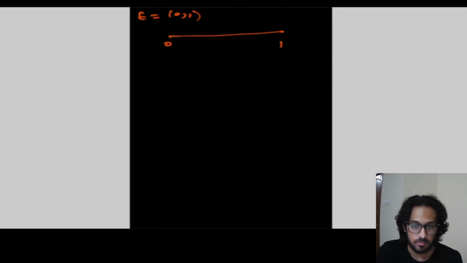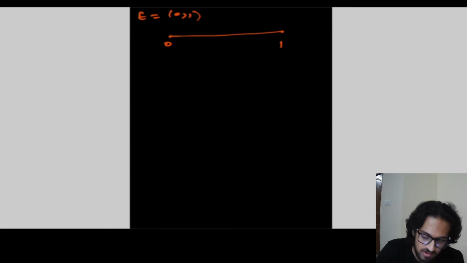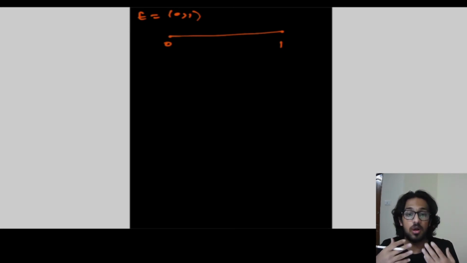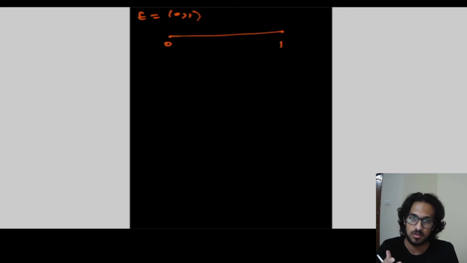And now I'm going to check if it's open or not. For a set to be open, every point has to be an interior point. The definition of an interior point is that centered at those points, there should be at least one neighborhood with any radius, doesn't matter, such that that neighborhood is a complete and proper subset of E. Now we know 0 and 1 are not included, so we don't have to check whether 0 and 1 are interior points, but any other value.